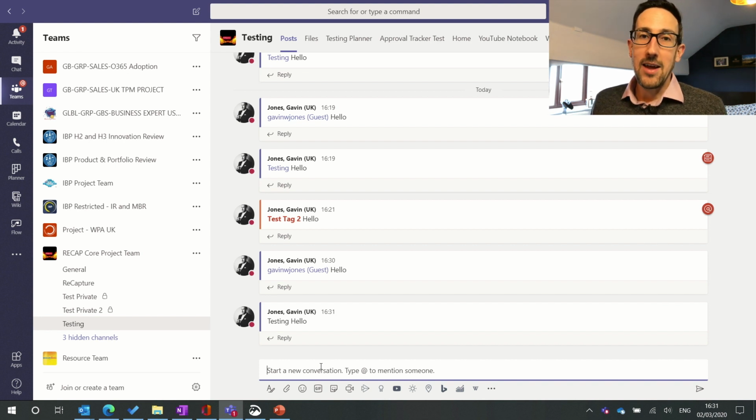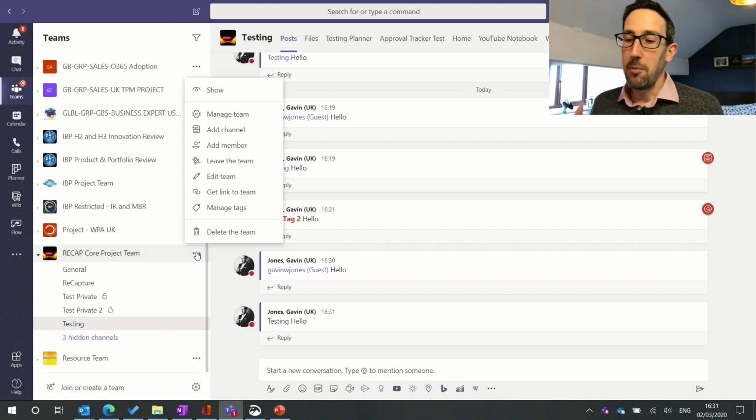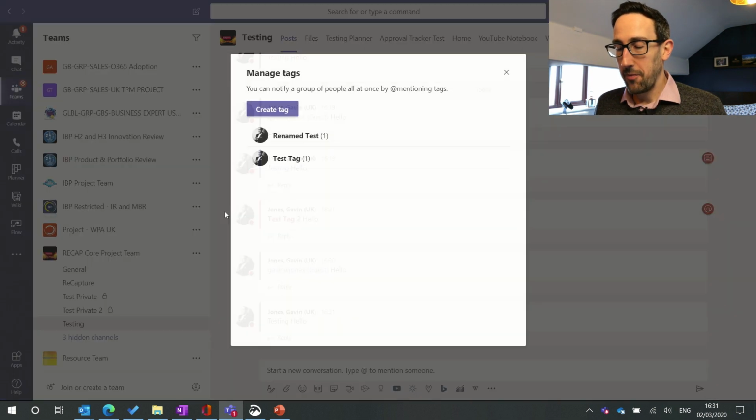So tagging is where you can create basically your own group of people you want to notify that may or may not be in a channel, or they might be across different channels. So let's go and have a look how to do it, and I'll come back about why it might be useful. So if you click on the three dots on the channel and do manage tags,